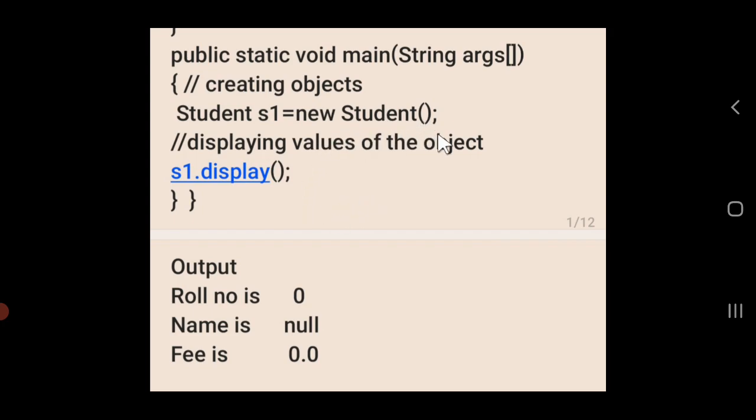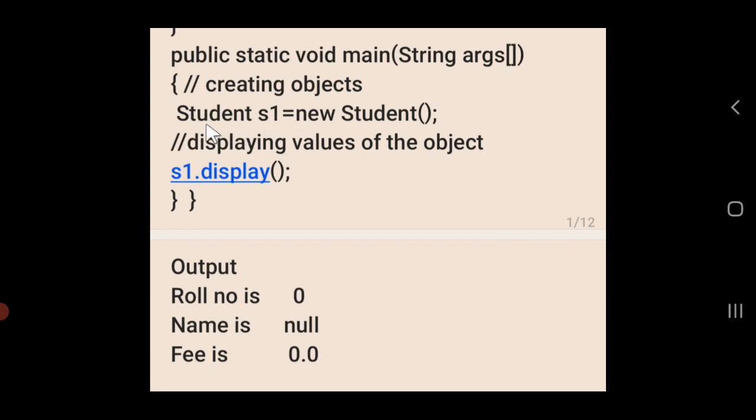That is the job of the constructor, or that is the role of the constructor. So you can always say that it is used to initialize the data members of the object with some proper value. So two things are clear: the name of the class and the name of the constructor are the same. And remember the case sensitivity. You can see S is capital, so S is capital in the constructor also.